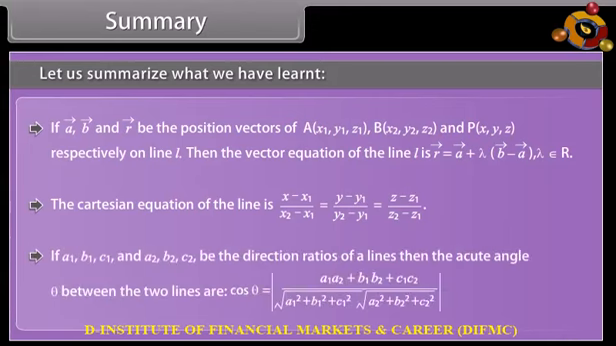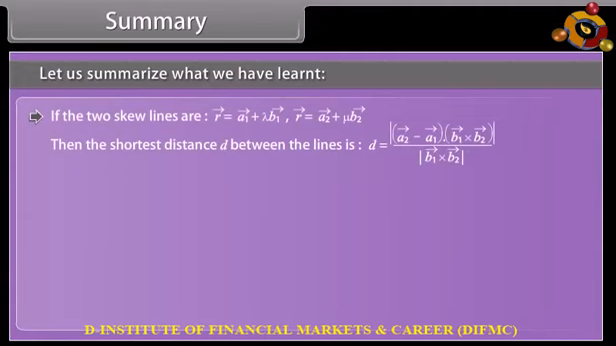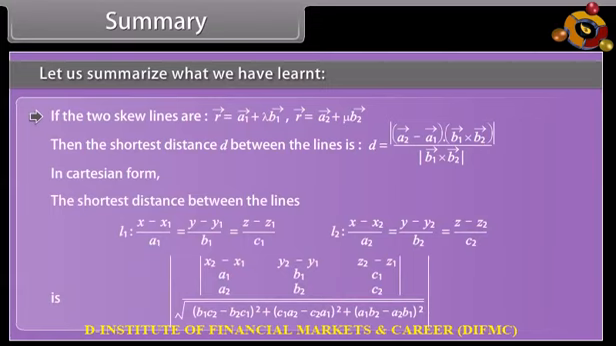If a1, b1, c1 and a2, b2, c2 are the direction ratios of two lines, then the acute angle theta between the two lines is given by the following. If the two lines are skew, then the shortest distance d between the lines is given by, in Cartesian form, the shortest distance between the lines is